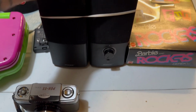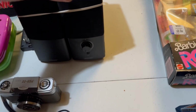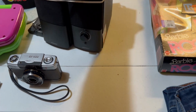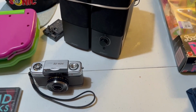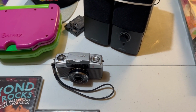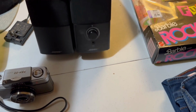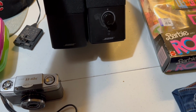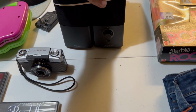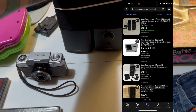Okay, here we go. These Bose speakers, this is a very good brand to look out for. Bose stuff normally demands a premium. It's a very expensive and sought after brand. I'm going to be teaching you a little bit about checking sell-through rate when you're doing sales comps. This has a very high sell-through rate. As you'll see when I show the comps, there are more of them sold than there are available to buy. So in this case, I believe there were about 70 or 80, and then about